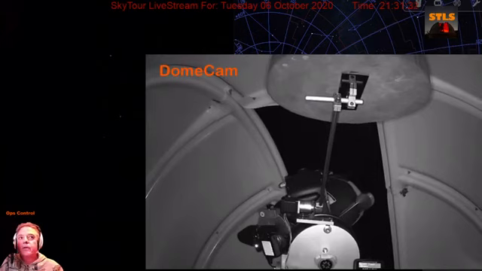You can see that we're looking quite a bit toward the northeast. If I go any further over here, which is kind of where Mars is, more than half the screen to the right, we will not be able to see it because the dome will be in the way.